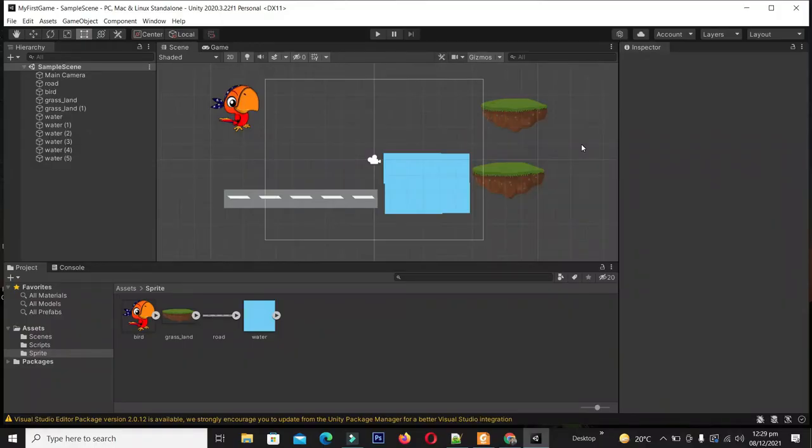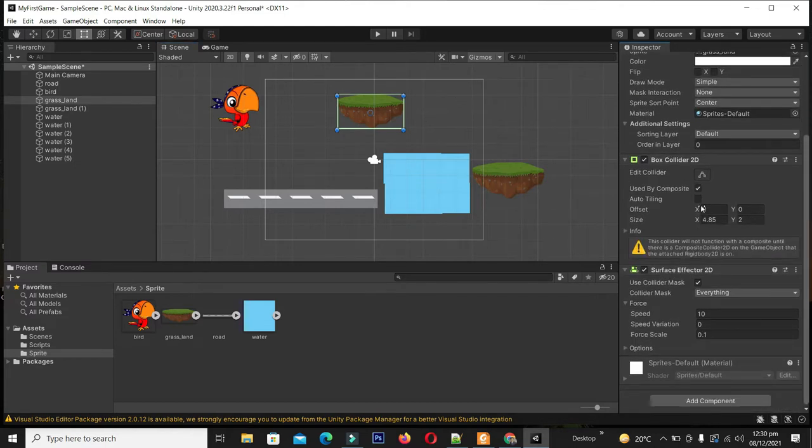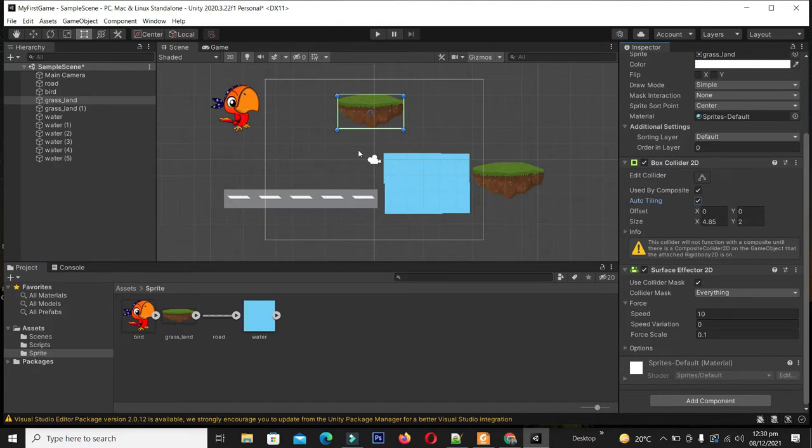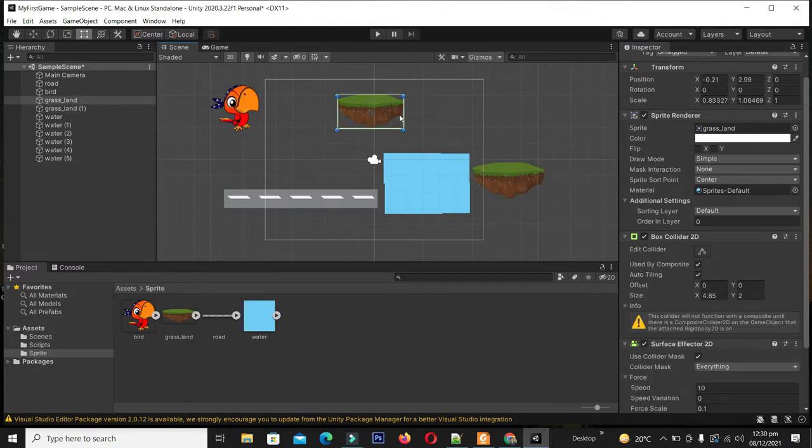So guys, now let's make the point clear about the prefab. Let me give you an example. Suppose we are using this grassland instance in our game and we have hundreds of levels and hundreds of scenes. If you want to edit its properties, we have to go to each and every grassland instance which is being used in this game. In this case we are using 2 grasslands in this scene, so we have to individually apply all the properties by clicking one by one.